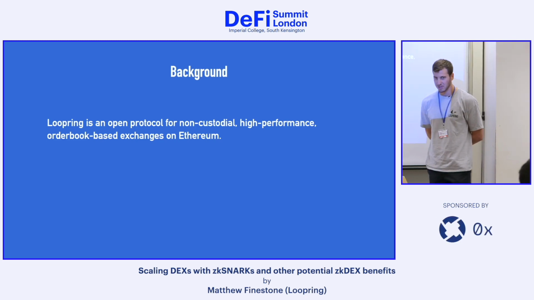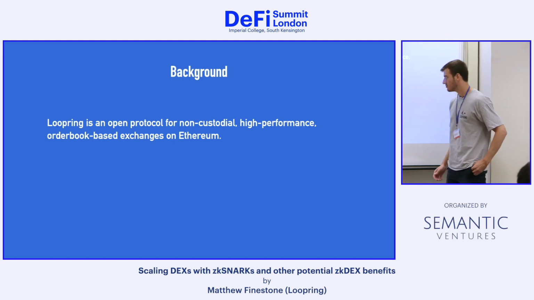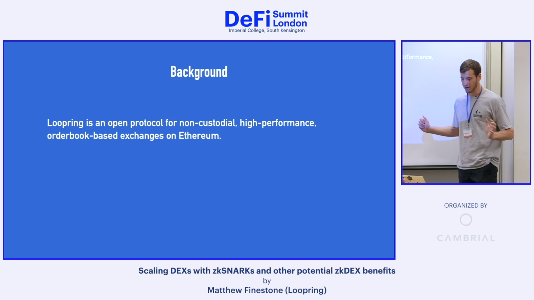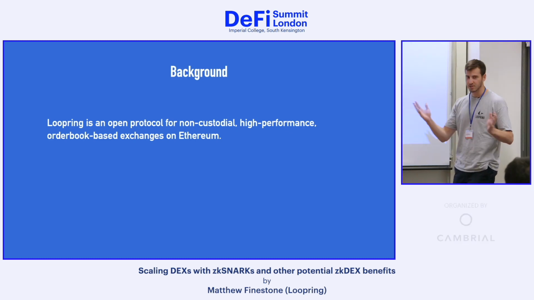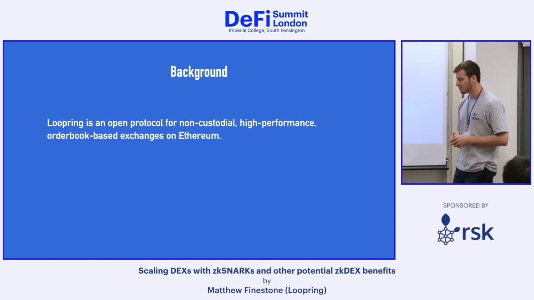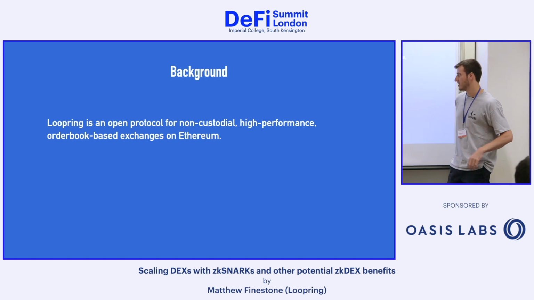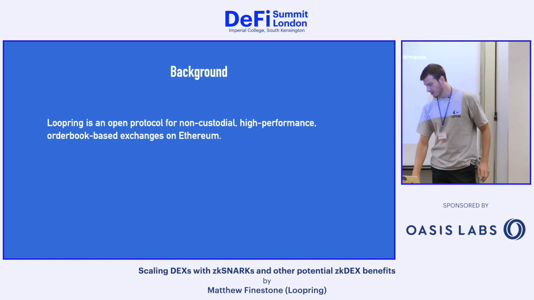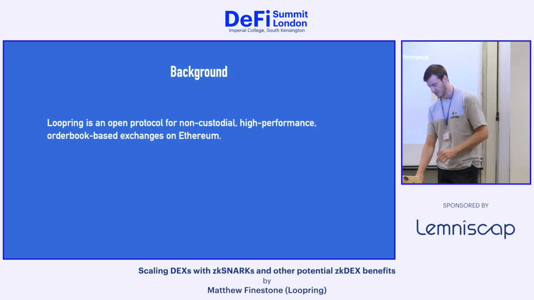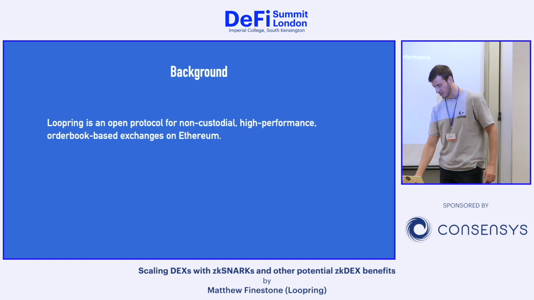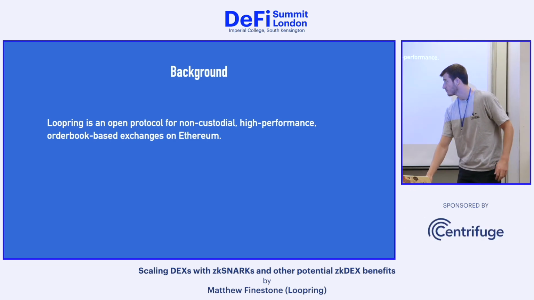I know it's a mouthful. We used to just be more generic and say we're a DEX protocol, but A, we've come a long way and have narrowed our focus, and B, this audience is presumably much more aware of the nuances of the different sorts of decentralized exchanges. They're not all the same, as we well know. On-chain types and auction types, order book types. We'll have a brief look at that before we dive into Loopring construction itself.